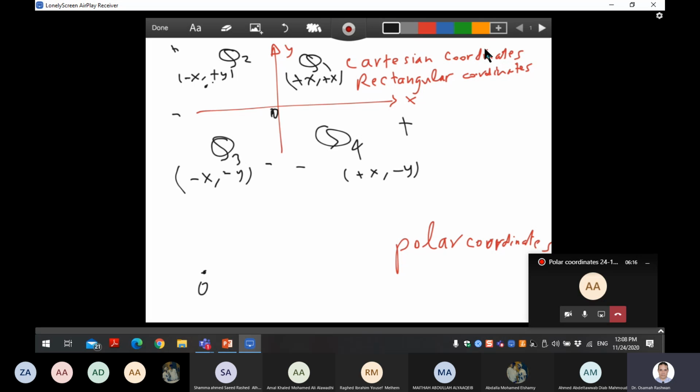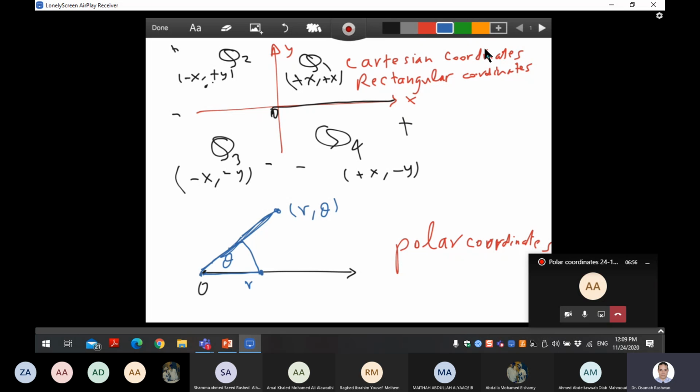And then after the pole, you have the polar axis, exactly like the x-axis. Okay. So first you have to measure the distance, which they call r. And then after the distance, you have to rotate by the angle theta. So any point here has a coordinate r and a coordinate theta. R is the distance from the pole to the point, and theta is the angle